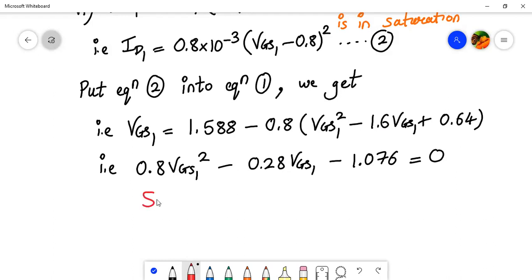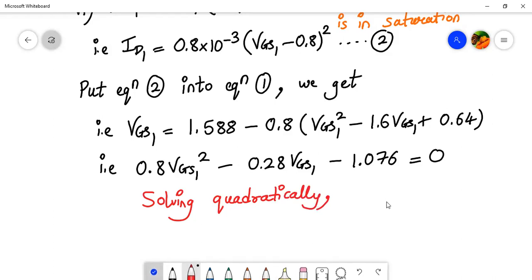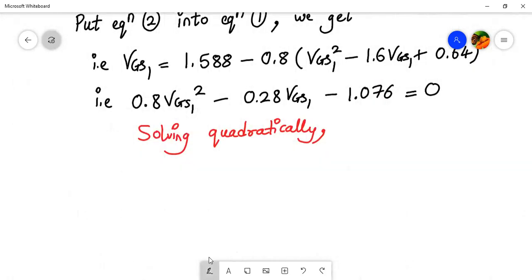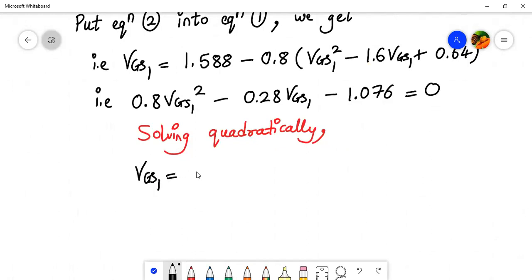So now we will solve it quadratically. You can put this equation in the calculator. It will directly give you two values of VGS. So after putting in the calculator, you'll get two values of VGS. One value came out to be 1.3478 volt, and the other value came out to be VGS is equal to minus